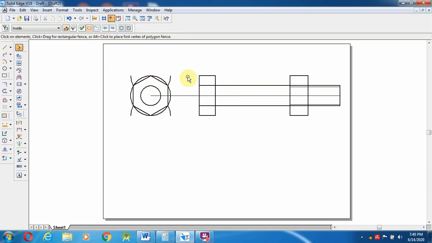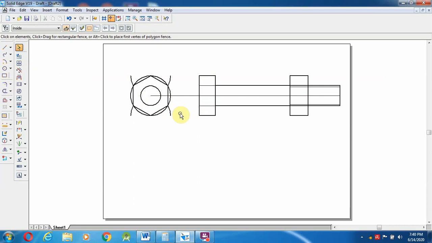After creating these, I will make them thin lines. Then, on the external bolt, if you see the ends, it will be like a chamfer or fillet made on the head of the bolt. So we have to do that over here.